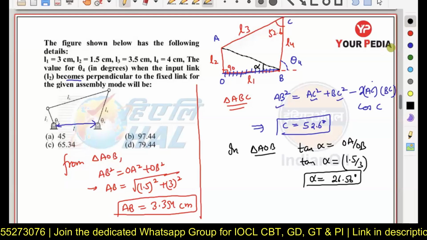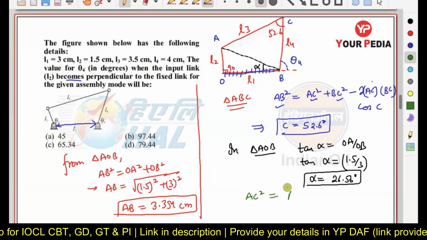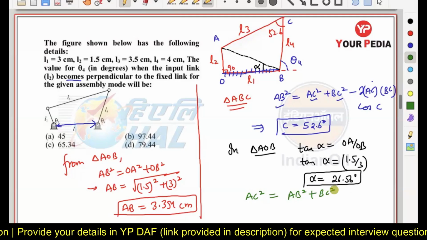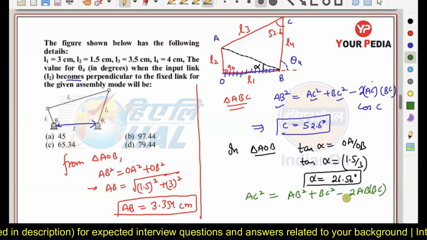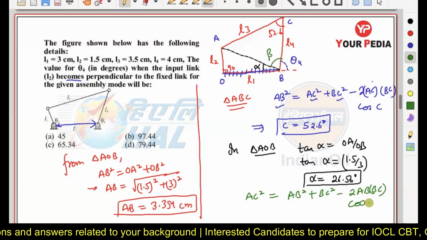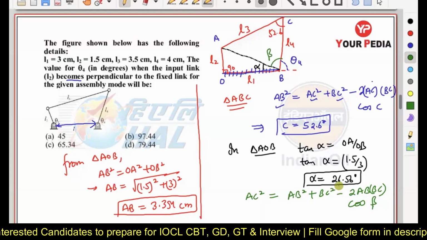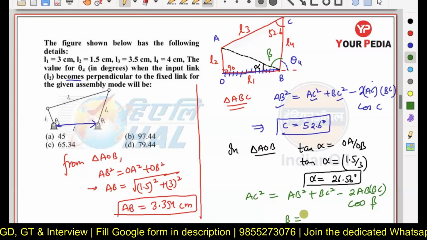So here I can write AC square will be equivalent to AB square plus BC square minus 2 AB BC cos of angle beta. If you just solve it, you are going to see that beta is coming out to be around